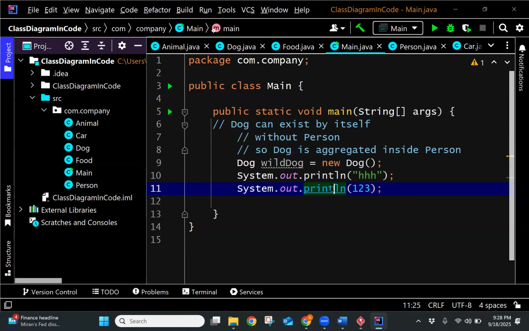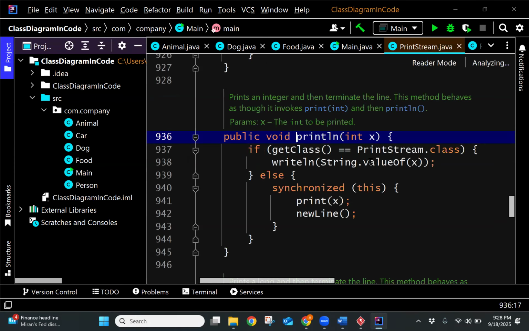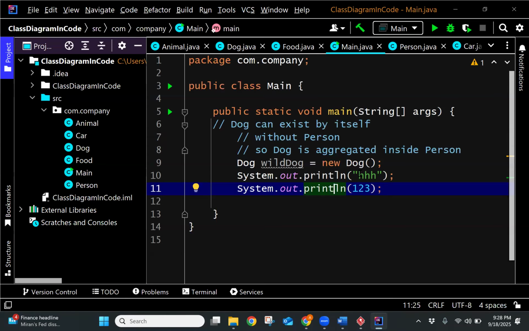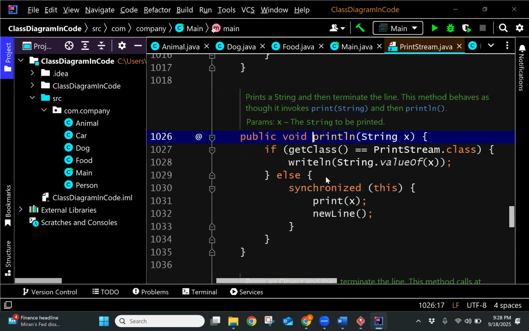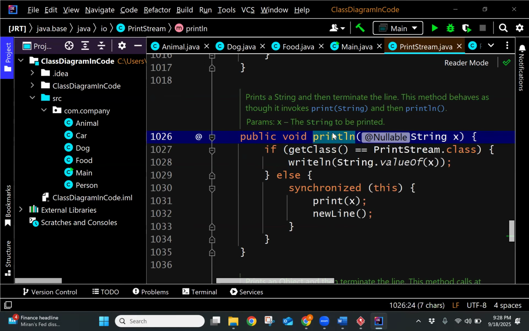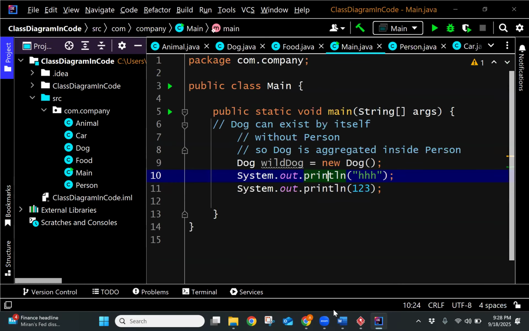So for example, this takes an integer as a parameter, right? And this one over here takes a string as a parameter. See? So they have the same name, but they're actually two different methods, right? So method overloading allows us